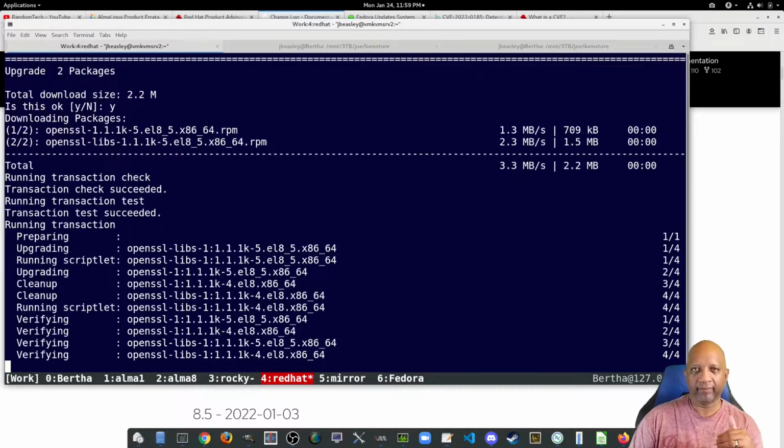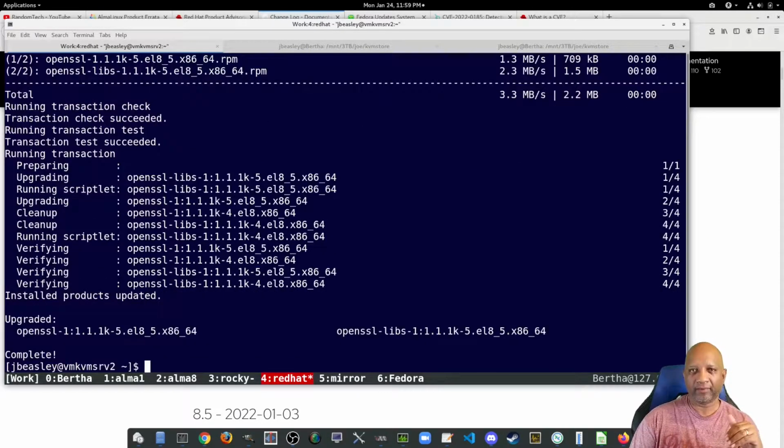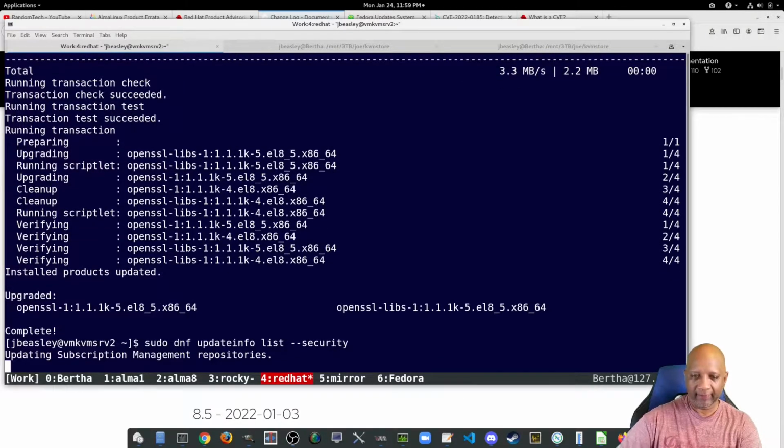And this is good for doing individual advisories. For example, if you wanted to test the actual update before you push it out to your production servers, you can just install the individual advisory and then test it, make sure it works, and then you can update your production systems. So if I go back and do a list on that security,